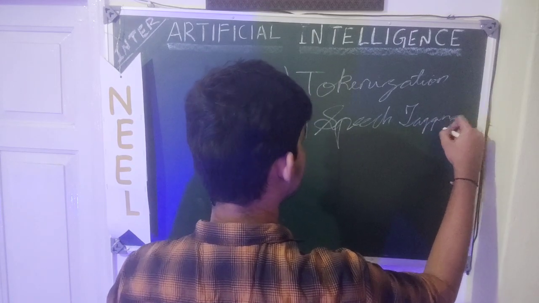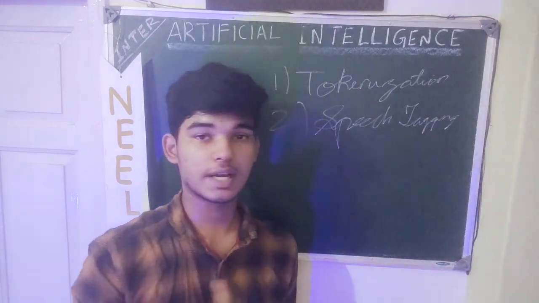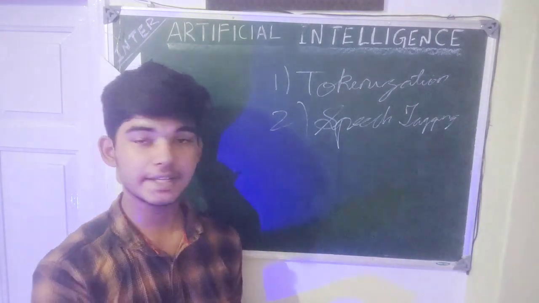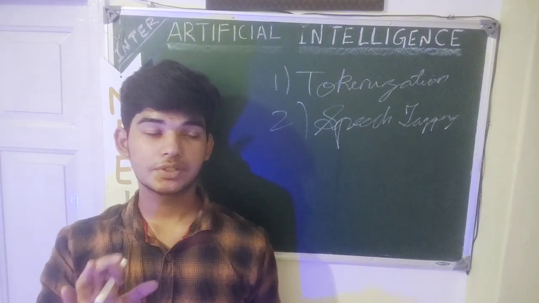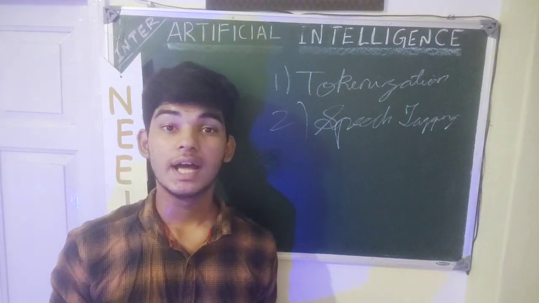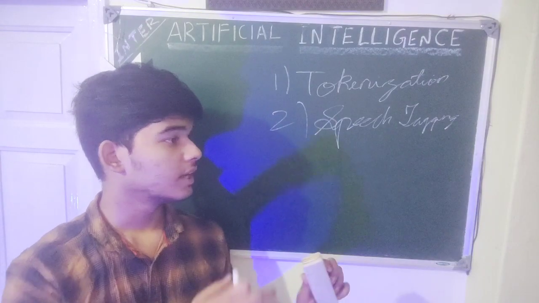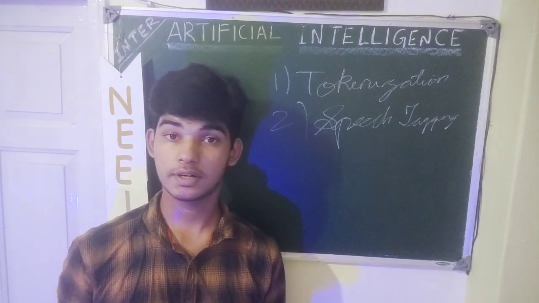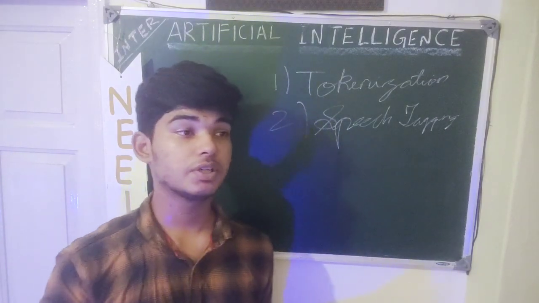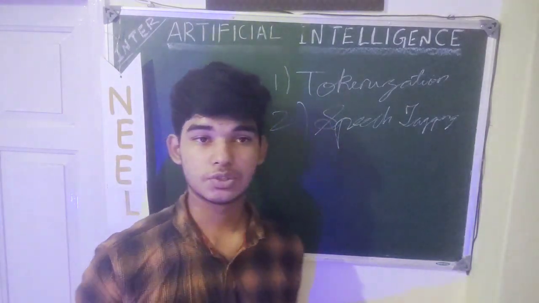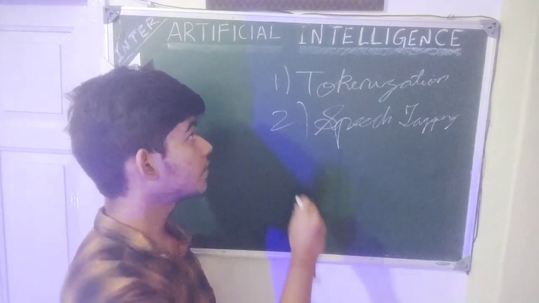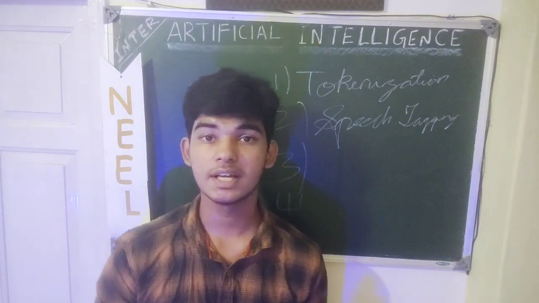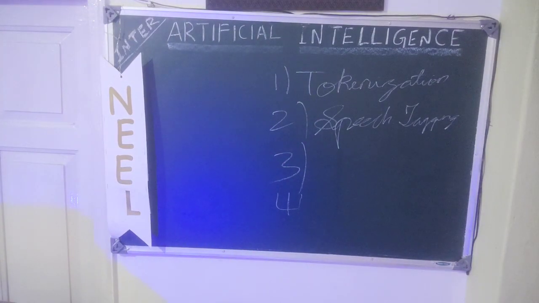Speech tagging is a process where, when you ask a phrase, it underlines all of those words and separates them in terms of grammar. So for example, when you ask it a sentence like I just said, it classifies them into noun, pronoun, adverb, adjective, so that the computer can understand it much better. So that is two of the four steps that we can use in artificial intelligence or natural language processing. The remaining two steps are